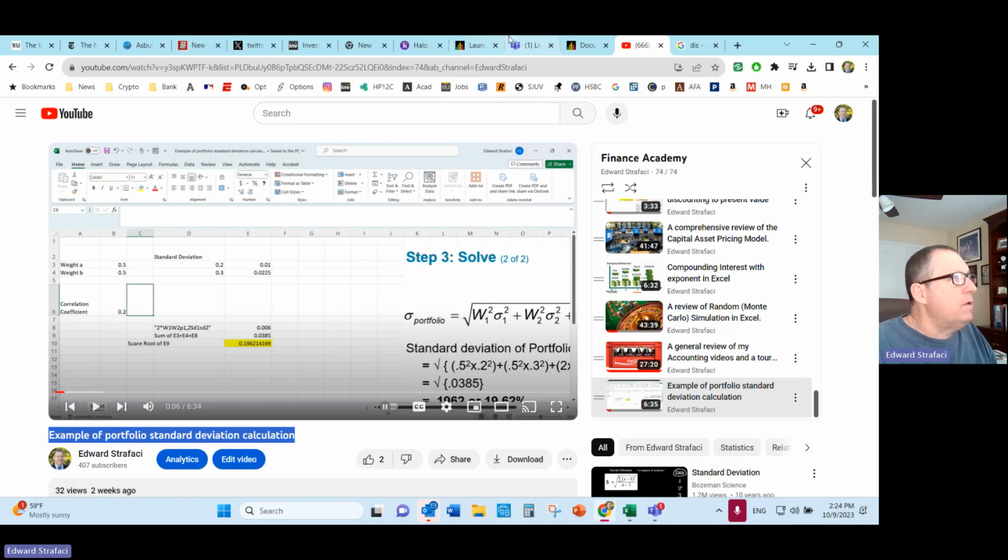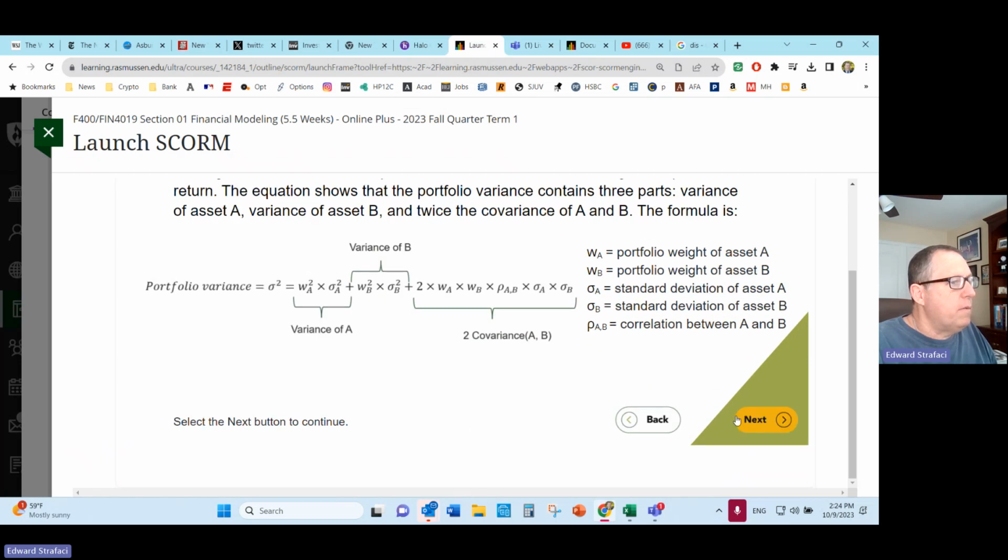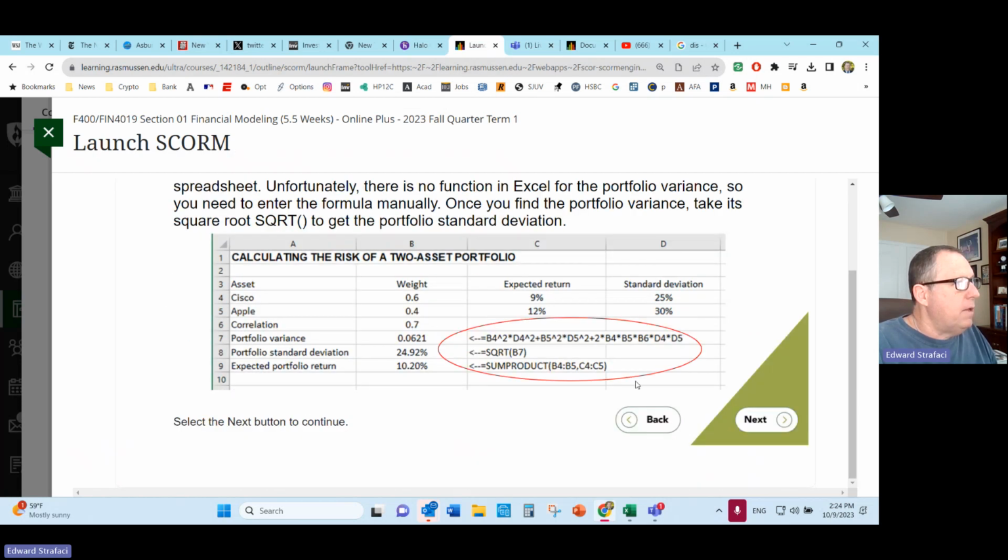All I did was just do the same thing you're going to be doing. I just blew it up for you for a minute. I'm going to put that back in a minute. And then when you do this work, you're going to get the risk of a 2-asset portfolio. So notice the portfolio standard deviation is going to be lower than the blend of both. If you did not use 60% or 25%, 40%, 30%, you're going to get a number that's going to be higher than 24.92%, right? Because 25%